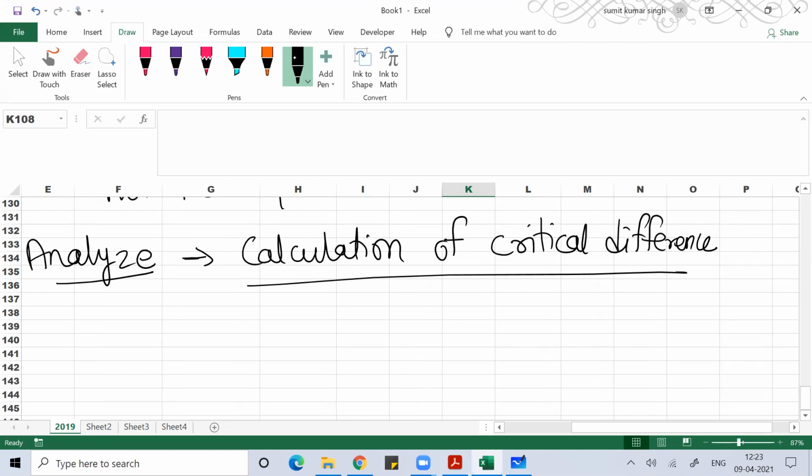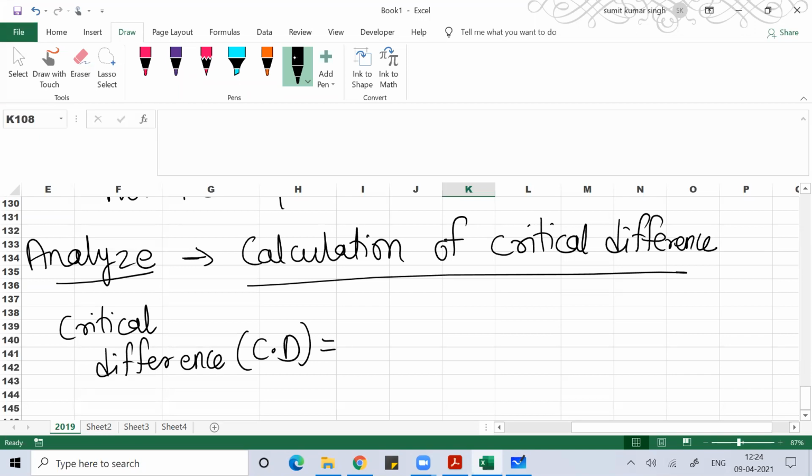Okay, so whenever we do the least difference calculation, in some books they write it as critical difference, or least critical difference. The formula for that is t with n minus k degrees of freedom at alpha by 2, where alpha is the level of significance,